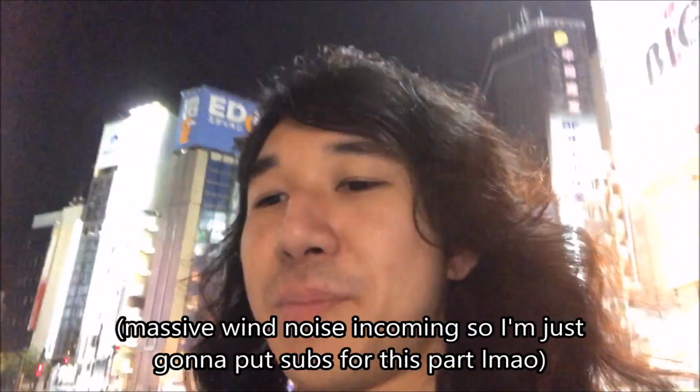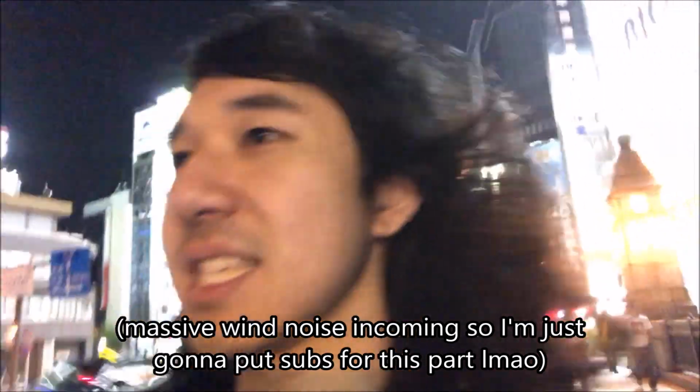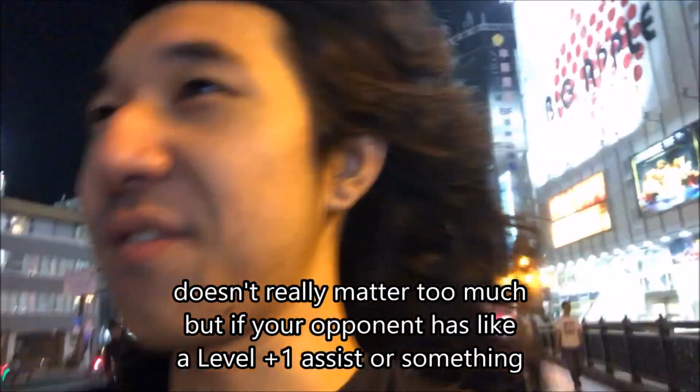When you think about it, the Ymir plus Krista on board is actually really strong, because it's a cost 0, it's a 4/5 against level 0s, a 6/5 against level 1s, which is like a level 1 beater power anyway. And you have it on this level 0. And against level 2, it goes up to 8/5. Most people don't play level 2s on the board, so it doesn't really matter too much. But if you're